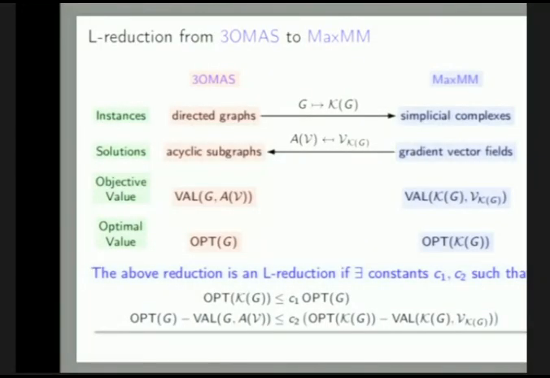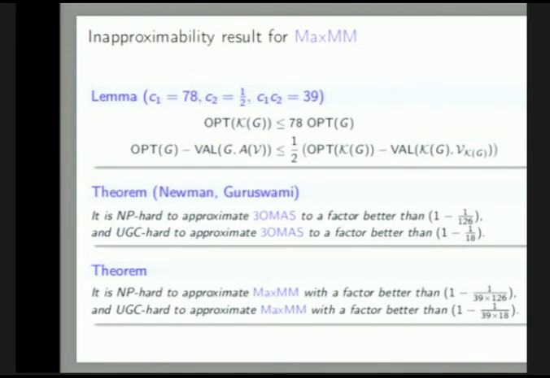So when you have such a reduction, it's an L-reduction, and this is what we show to establish the reduction. We show that this reduction that we did from acyclic subgraphs to complexes is an L-reduction, and with this L-reduction has two constants, 78.5, and